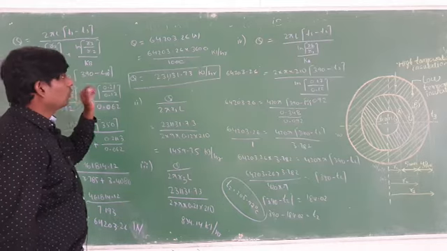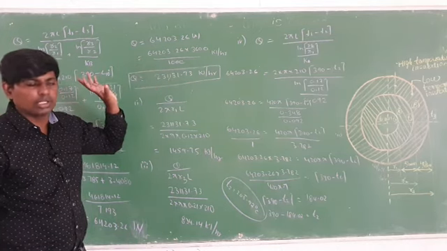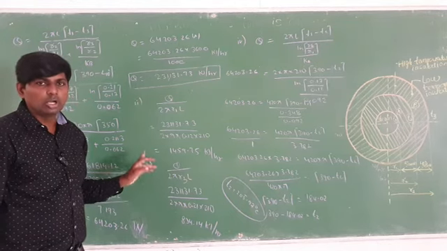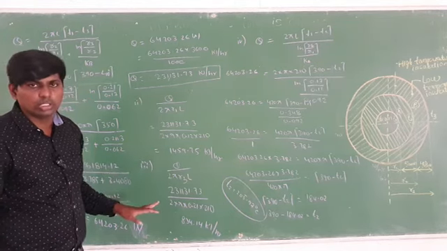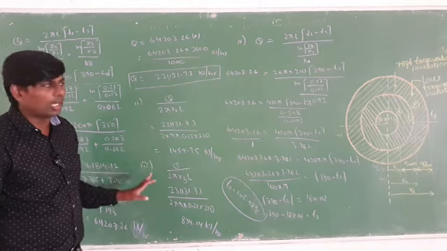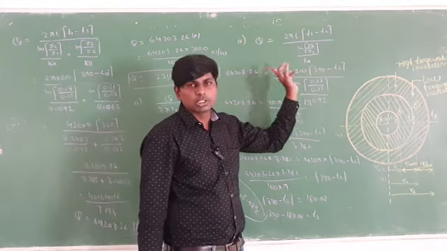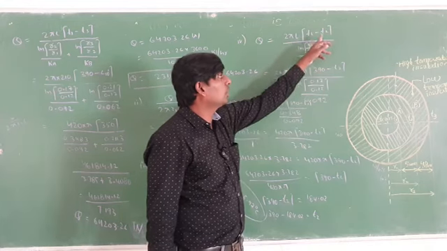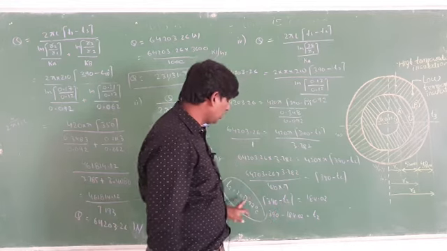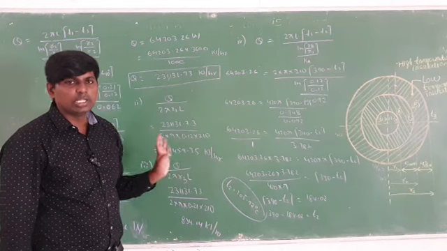Second bit he is asking to find out the inner one. Inner means you have to take the R1, and the next bit he is asking to find out the outer. Outer means here it is R3, in this diagram and in this problem R3 is there. Then he is asking to find out the intermediate temperature. Intermediate temperature means in between T1 and T2. So here you got the intermediate temperature, 205.97.